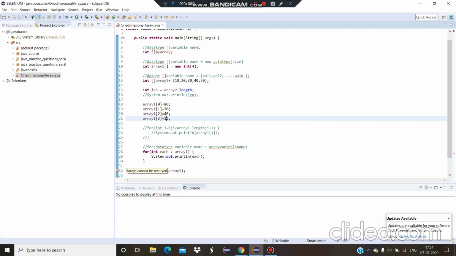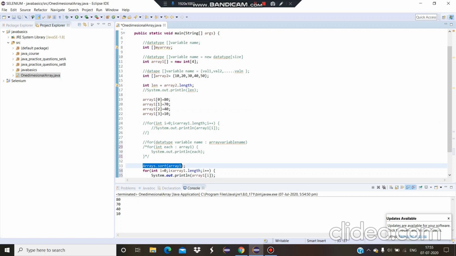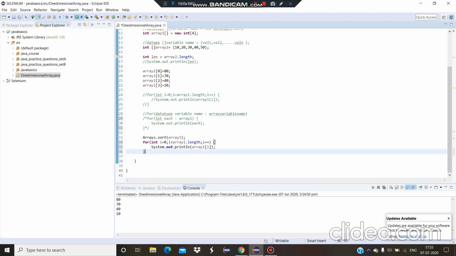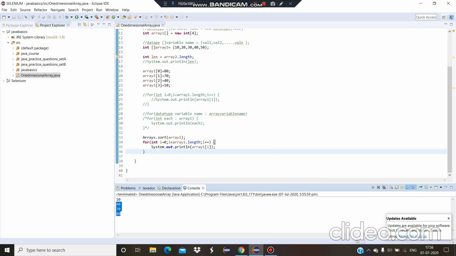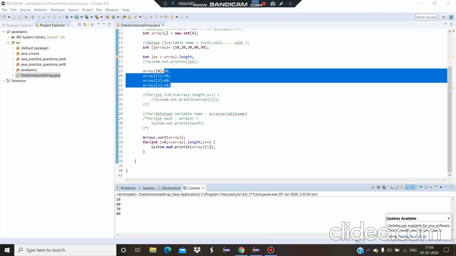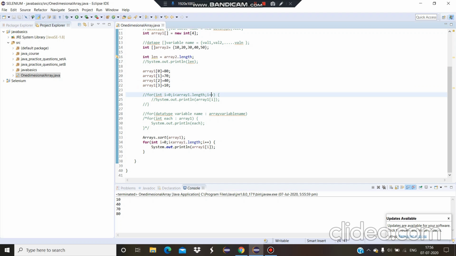It is showing me an array. So for this I have written this statement to sort the array. To show the output I have to again write the for statement. So I have written it and I will show you the output. And yes, the array is sorted: 10, 40, 70 and 80. I have given the array values like this. It has been sorted. So in the next session, I will show you the two-dimensional arrays and jagged arrays. Here ends our session. Hope you have understood. Thank you again for listening.